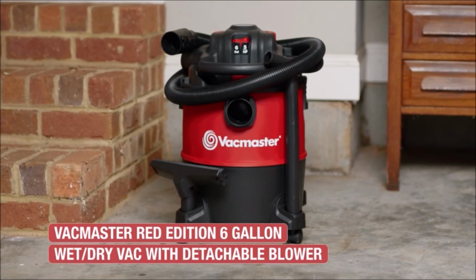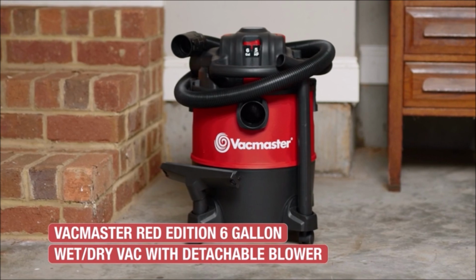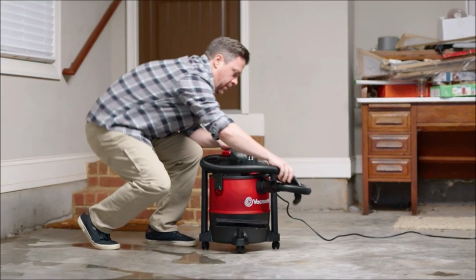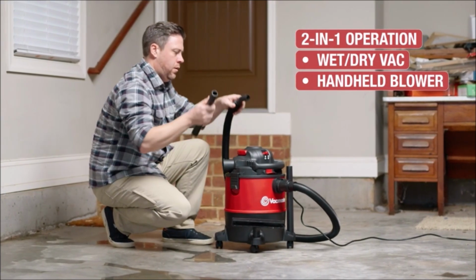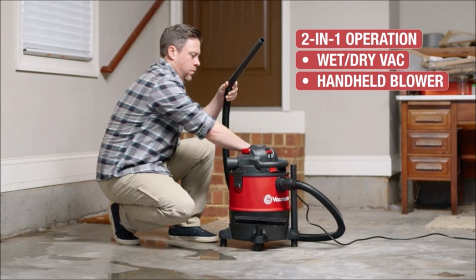Number 6. VAC Master 6-gallon 5-peak HP Wet Dry Shop Vacuum. The VAC Master 6-gallon 5-peak HP Wet Dry Shop Vacuum is a versatile cleaning tool that is perfect for both wet and dry cleaning tasks. With its powerful 5-peak horsepower motor, it is capable of providing strong suction power to pick up even the most